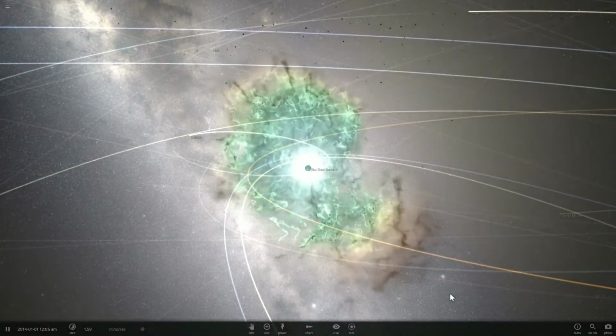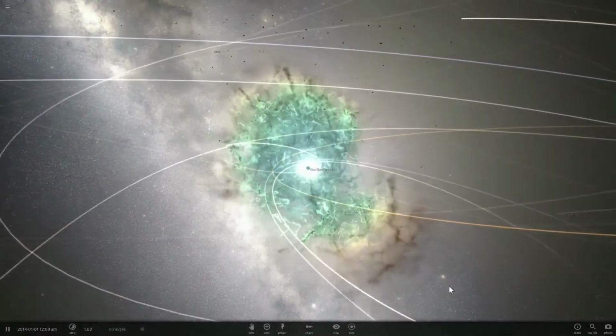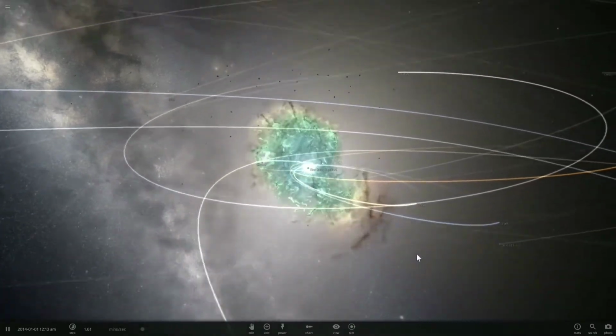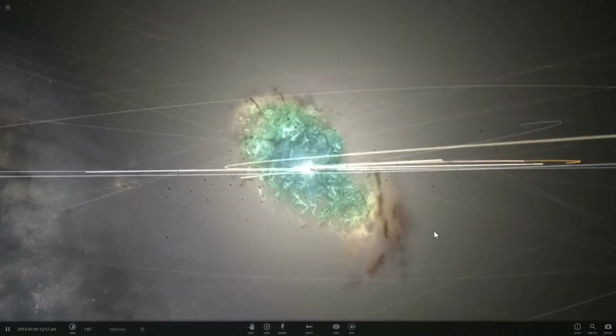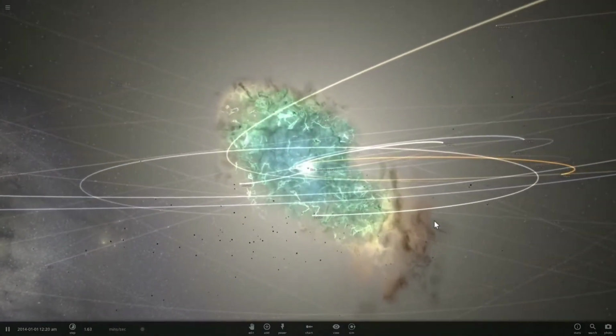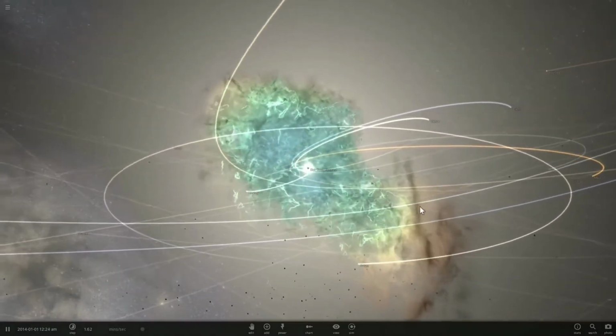I've always been fascinated by supernovas and by the variety of supernovas that there are in our universe. Today we're going to talk about two major types of supernovas and how they're different and what makes them so